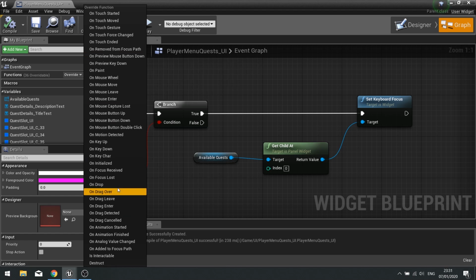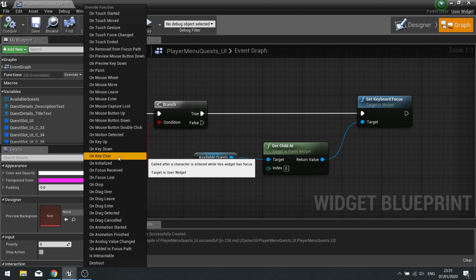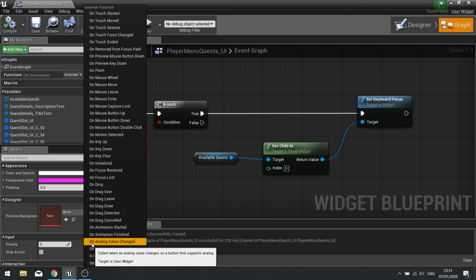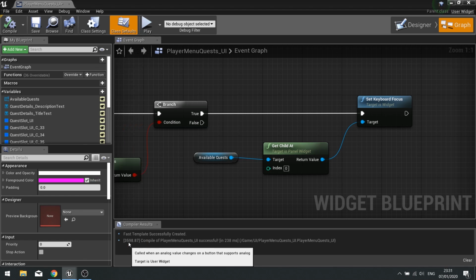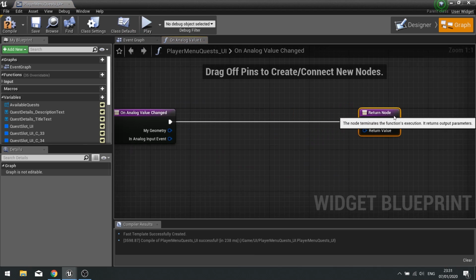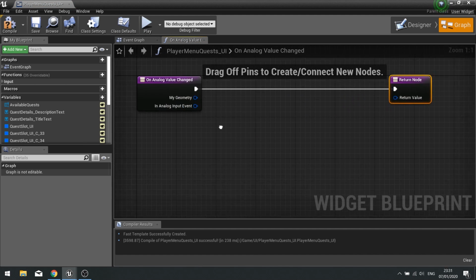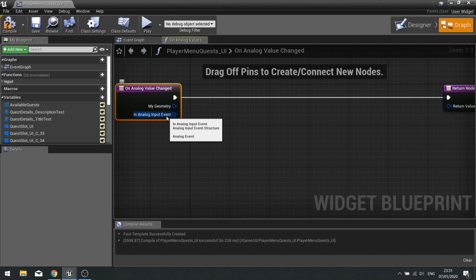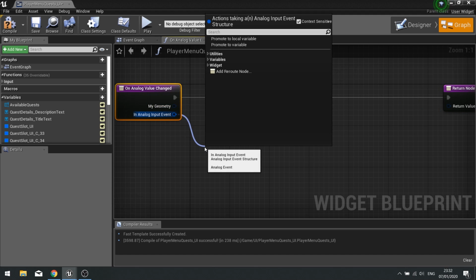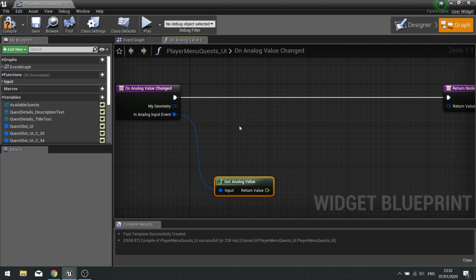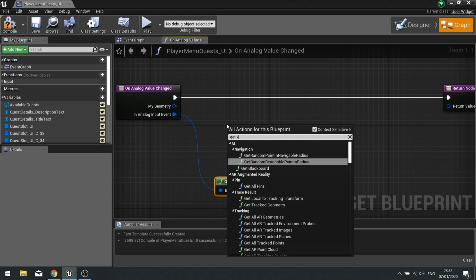And the one we're going to use is, if I find it, there you go, On Analog Value Changed. Choose that one. And this will work for any analog input, like triggers or sticks. So the first thing we're going to do is get the In Analog Input Event, and we're going to get the analog value from that. Next, we're also going to get the key that is currently being pushed. Okay, so get key,